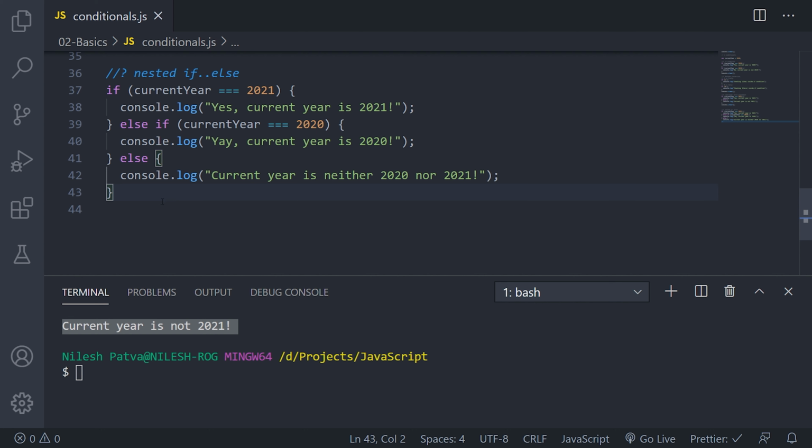So let's see it in action. I'm running this, and as you can see, first I'm comparing with 2021, it is not printed, but in the second else if statement it is being printed, and it then terminates the entire block here, as this statement was true and it has performed its actions.